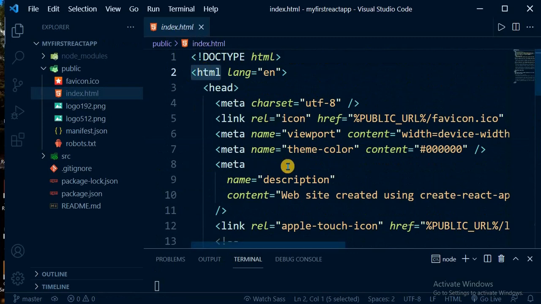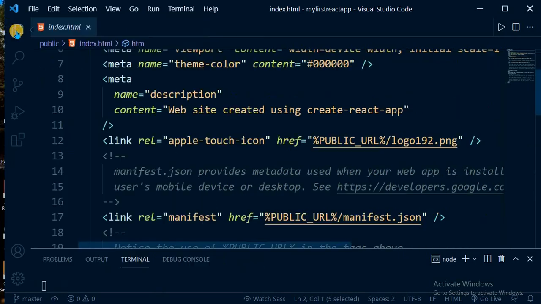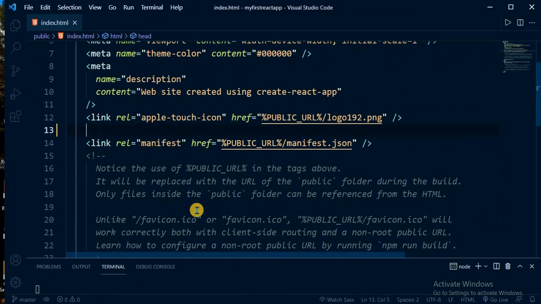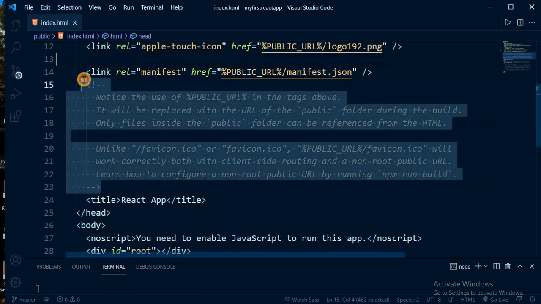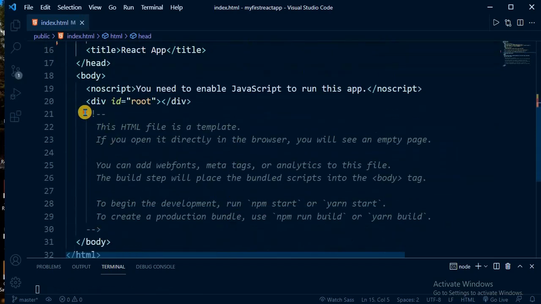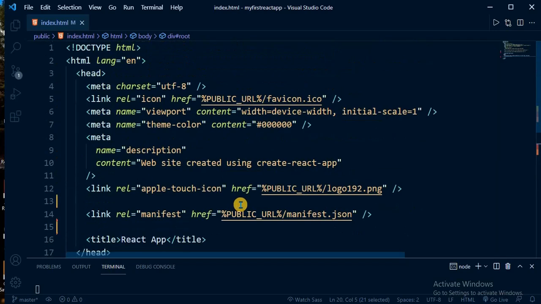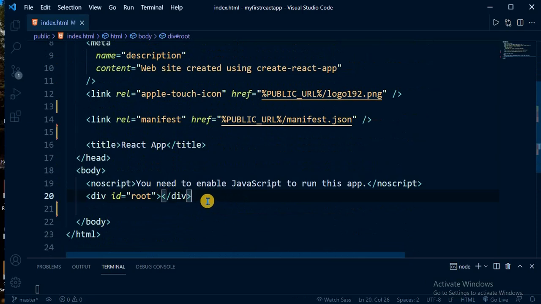Let's make it simpler by deleting all these comments, because all these comments might confuse you. The main thing we need to look at here is this one. I recommend you do not change the content of this file for now. Remember, this is the main part that we are going to be focusing on.